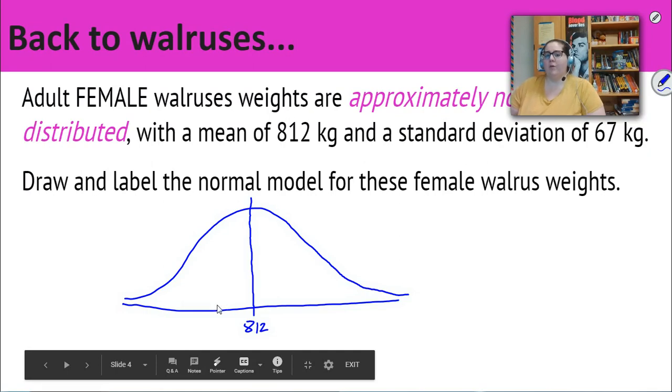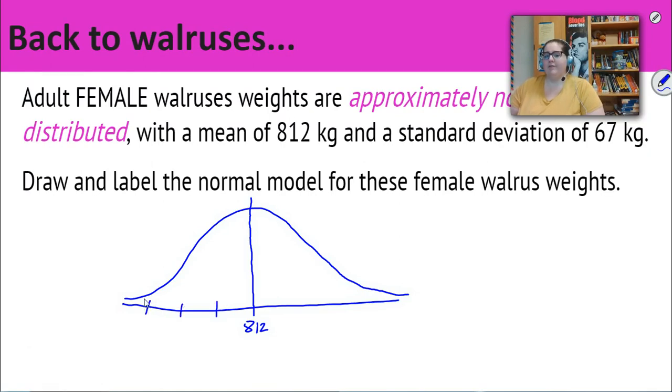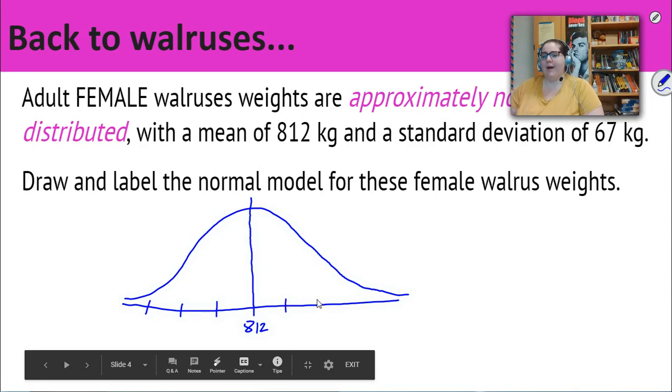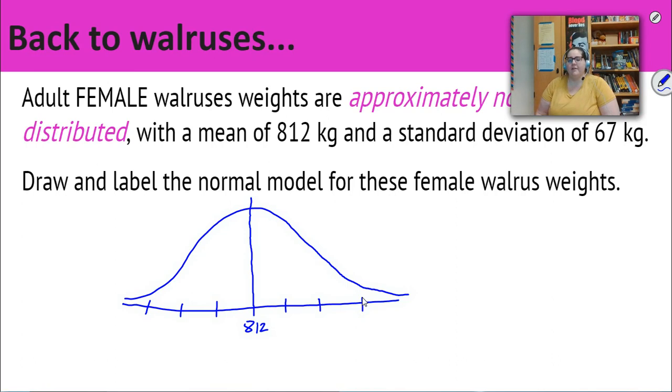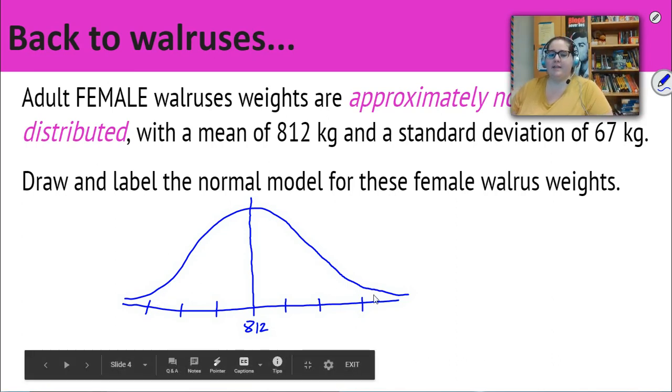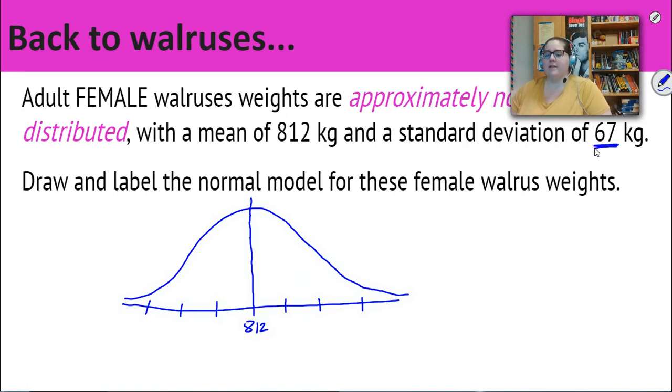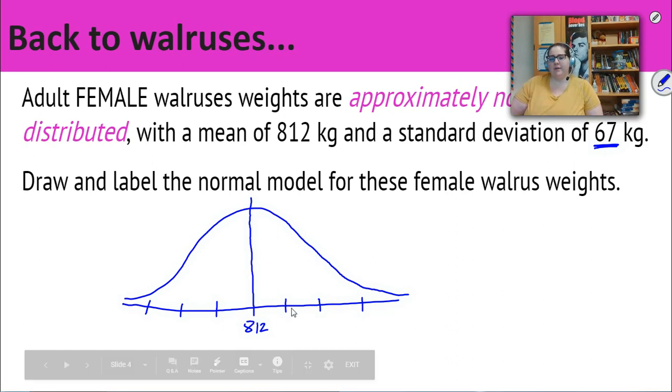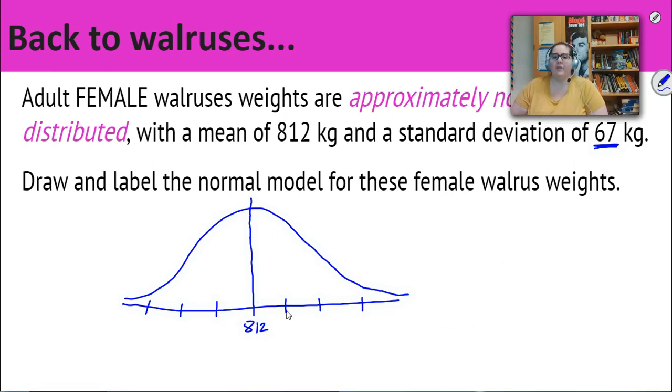And then in a normal model, from the mean to the left end and from the mean to the right end is about 3 standard deviations. Maybe not exactly, and there definitely can be some data further than that in either direction, but the majority of the data is going to fit within about 3 standard deviations. To label those other numbers, I'm going to use the standard deviation. For example, to figure out this number, 812 plus 67 would be that number, which is